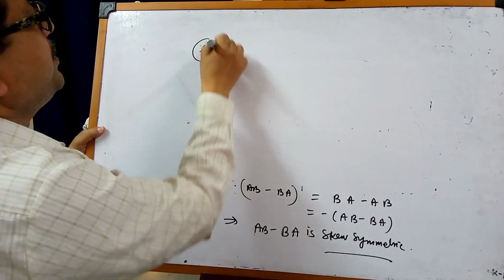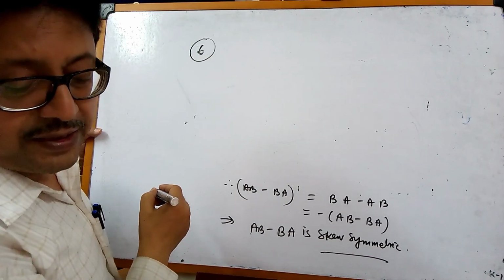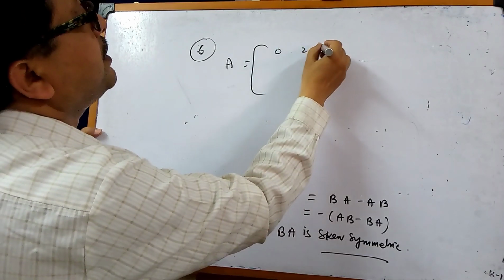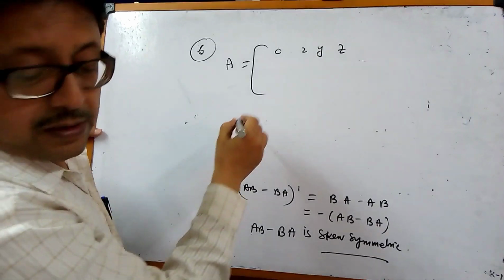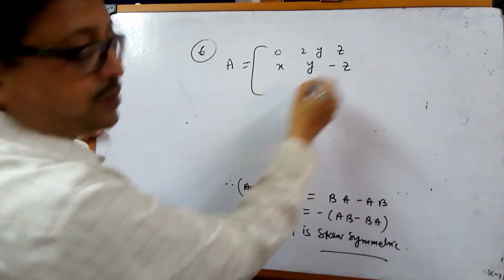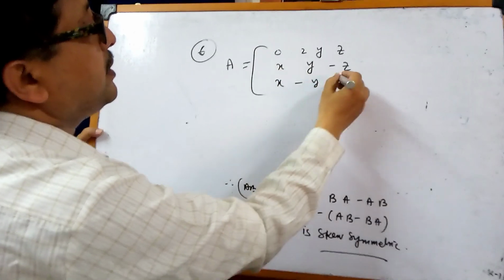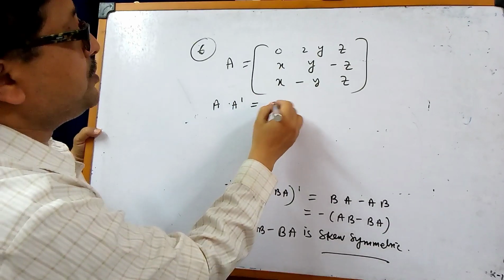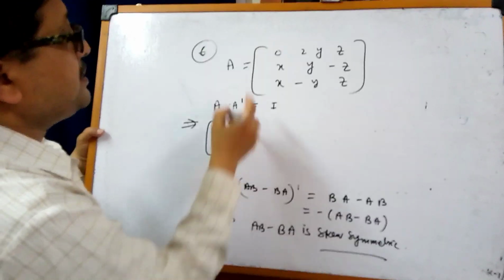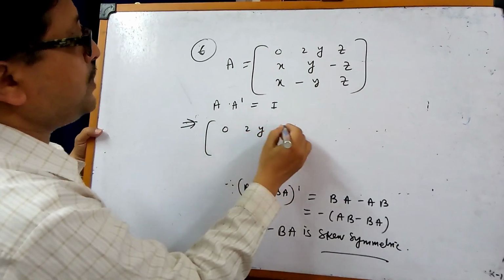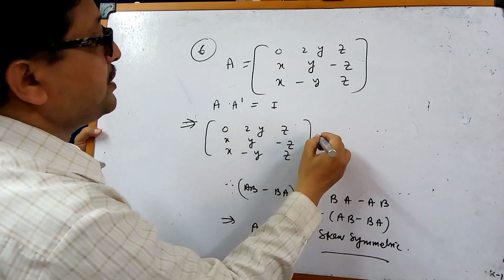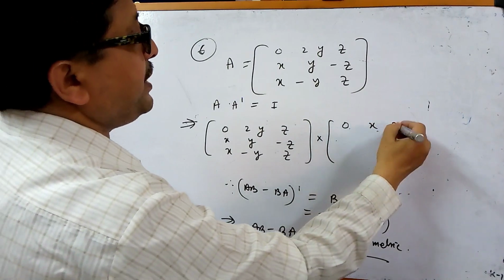Let us go for the next problem, number 6, where they ask you to find the values of x, y and z if the given matrix A equals [0, 2y, z; x, y, -z; x, -y, z] satisfies the relation A into A transpose equal to I. This implies, if you take the transpose of this matrix, this multiplied by A transpose is [0, x, x;